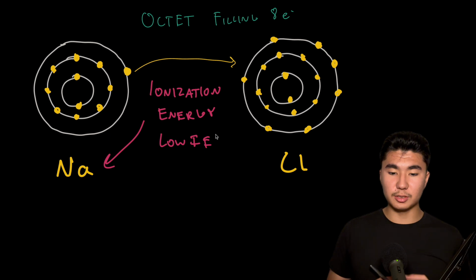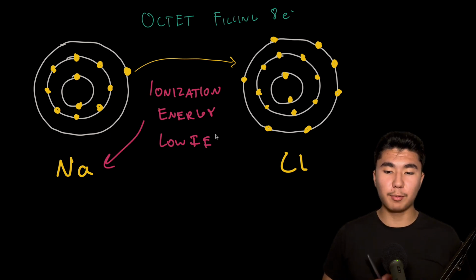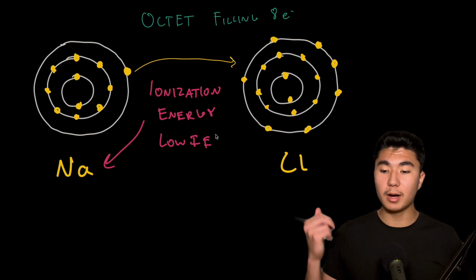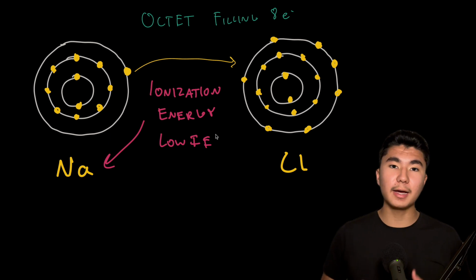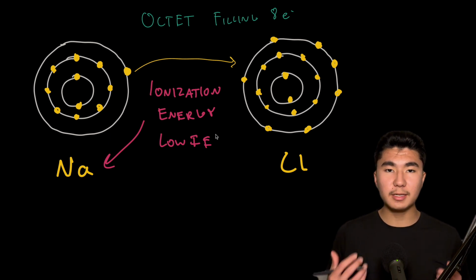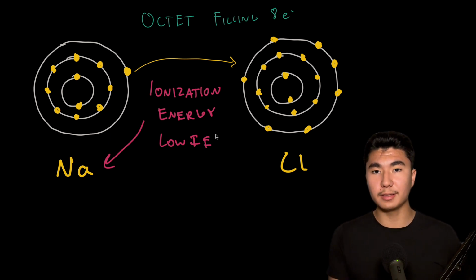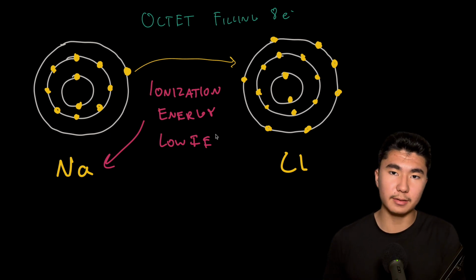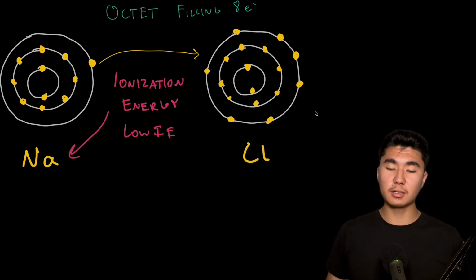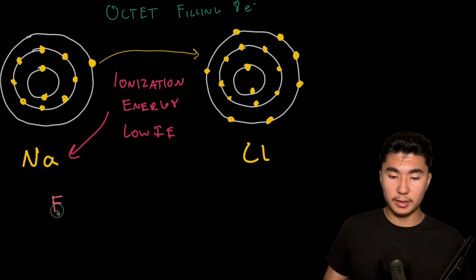It is because usually cations have a pretty low ionization energy, while our anions have high ionization energy. So it makes sense for our cations to donate an electron to our anions. Now, a couple of key concepts to know: